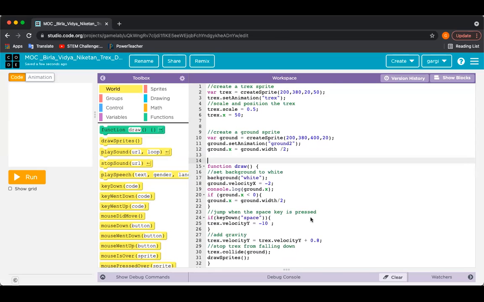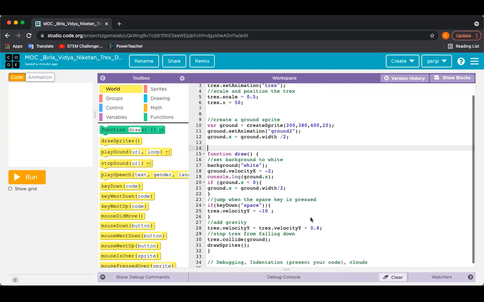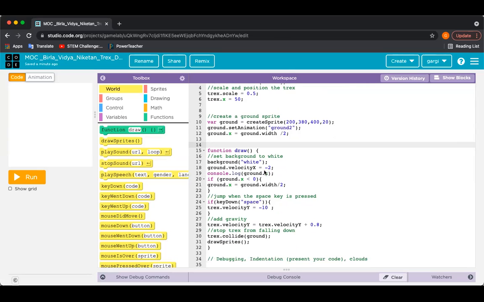So by giving proper space, that's your indentation. By giving proper indentation, you make your code more readable. And when it's long code, indentation is very, very important. If your code is not presentable, not readable clearly, nobody can understand what you are trying to convey.